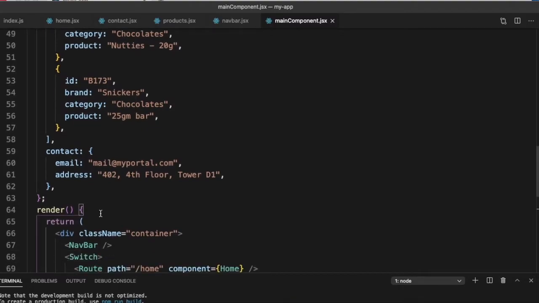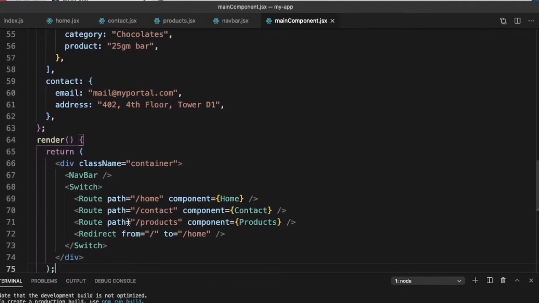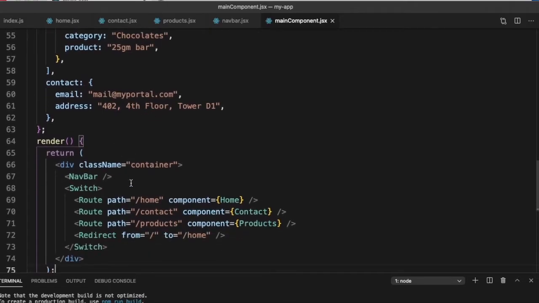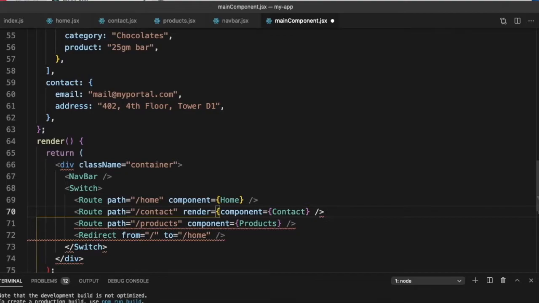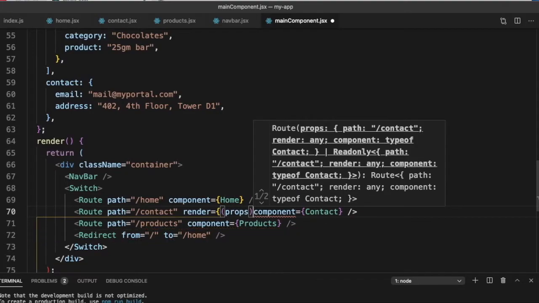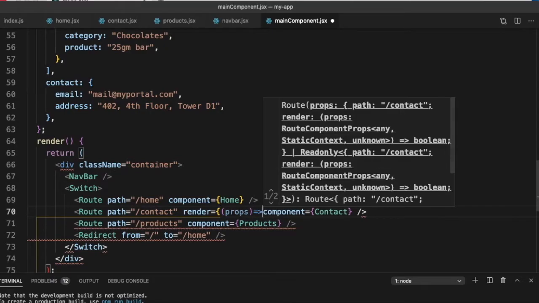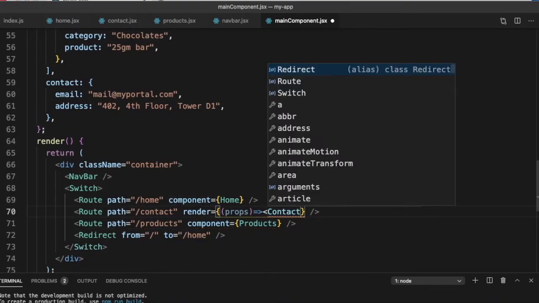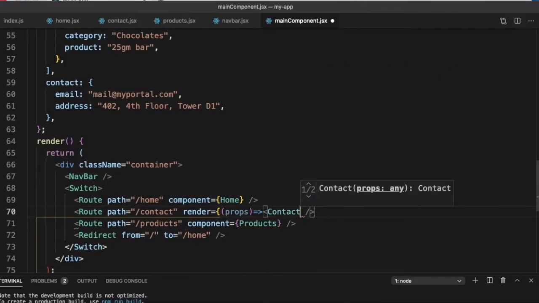And we want to pass these as custom props to these components when the path is matched, and then render these in that component. So let's do it for contact. Here we will not say component, we will say render is equal to, and we will use an arrow function in which we pass props as a parameter. And here we will just define our component contact.